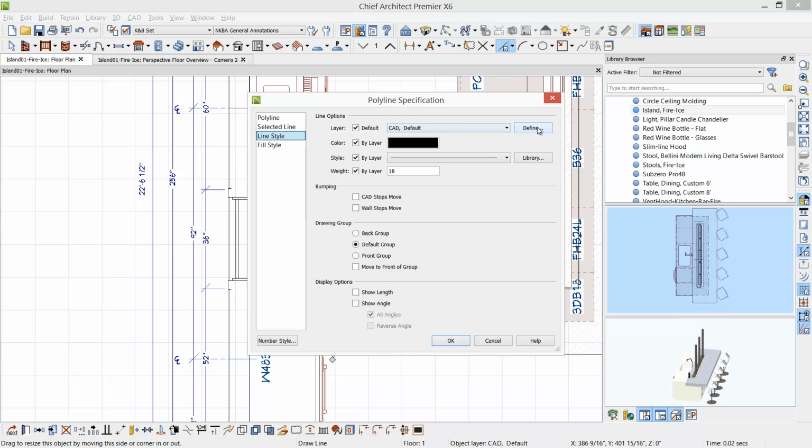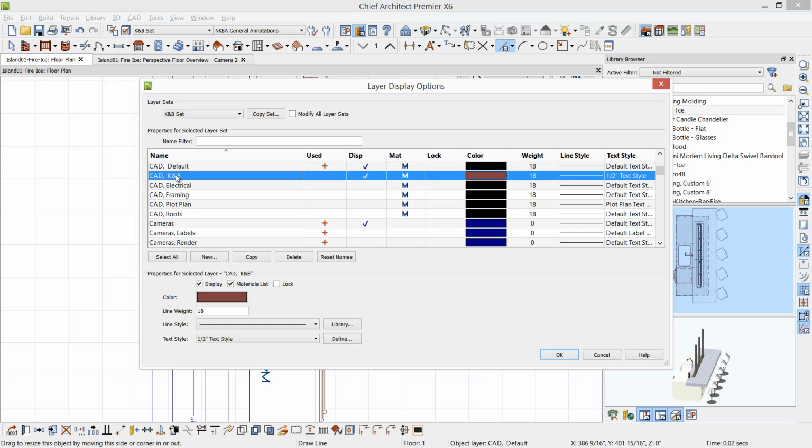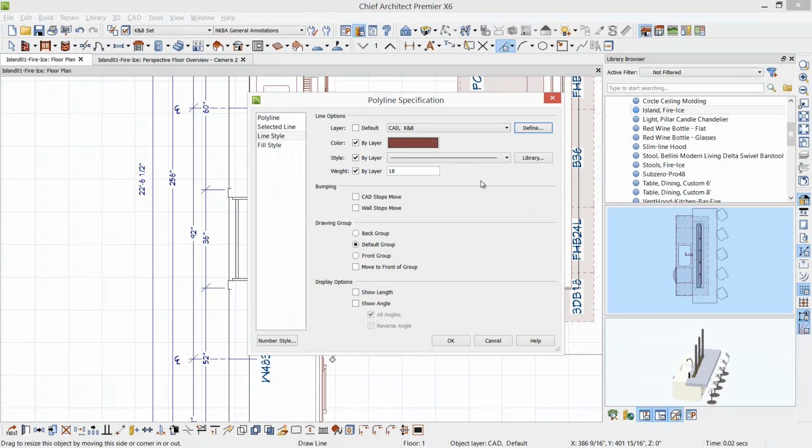I personally like to put that on a layer, and I'll build a new layer. This is a layer that I've created myself just by simply saying copy, and then I've renamed it and built a color. It has a similar color to my appliances, and I'm going to change that to that layer of CAD kitchen and bath. So I've changed that,